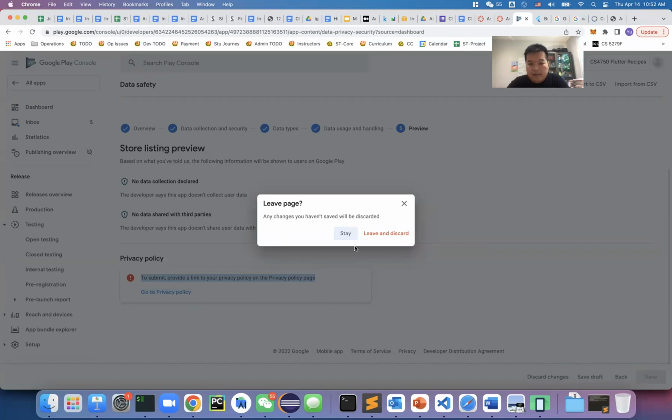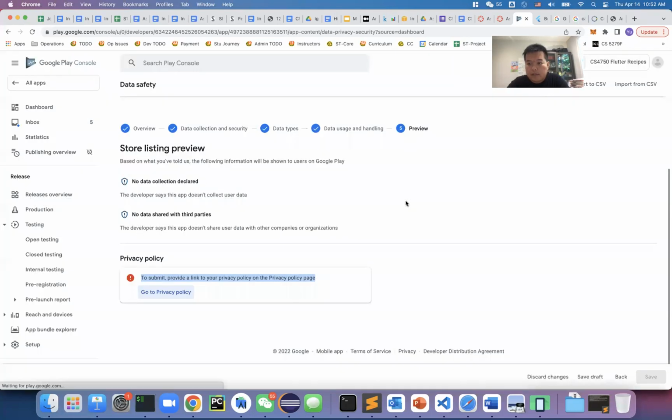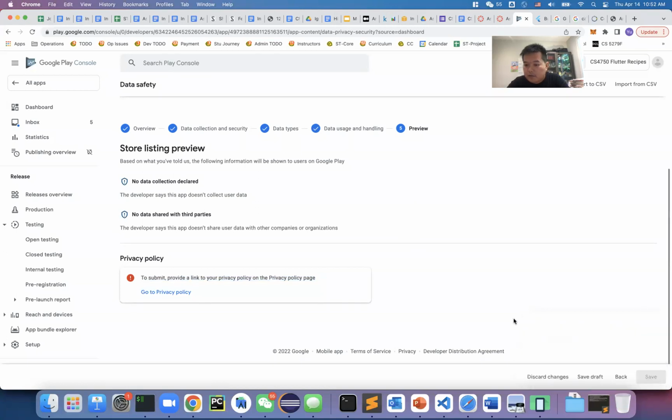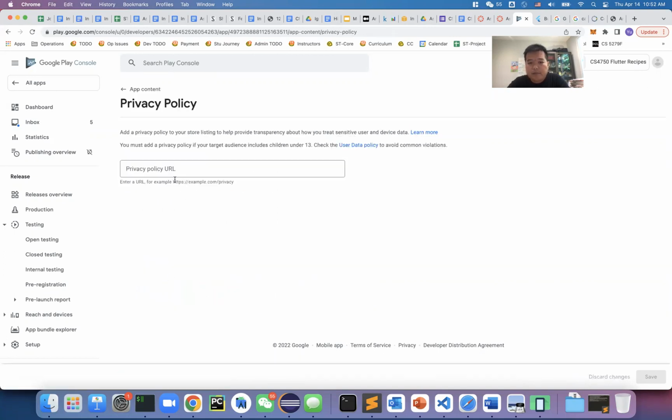So let's wait. Anything else? It's save draft. Okay, so we need to set a private policy. If they ask you to do that, you can't skip it. Let's just go to do that. It's basically the URL. Okay, how do we do that? Very easy. So we go Google